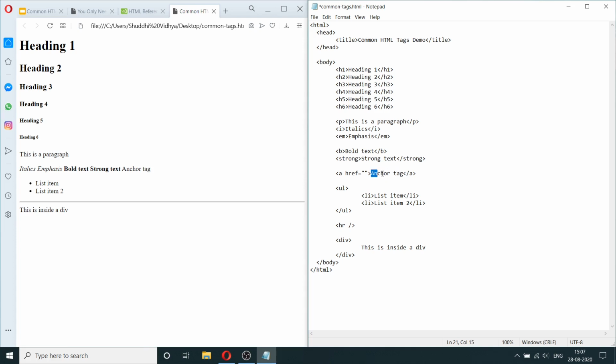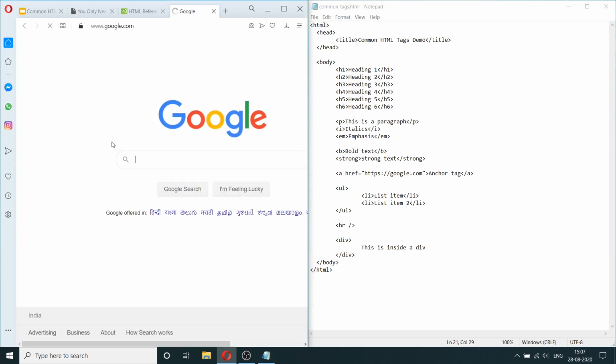Okay, so when people click on this, they'll go to this link, and that's what the href attribute stands for. So for now, I'm just going to say google.com, and I'm going to save this, and here I'm going to refresh it, and you can see that it turned into a link. And if I click on this, it's going to take me to google.com. Okay, so I'm going to go back.